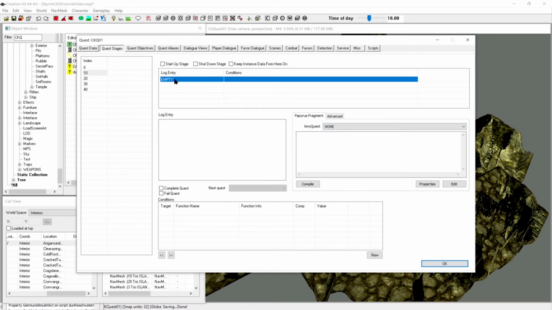But we don't want to leave this empty because we're going to have some instructions for the player. So log entries are the bits of text that appear when you look at the quest. You click the quest, you see in your list of quests Gellmar's Savior, which is what I called it originally, and at the top it'll show what you're doing. So here we're going to write the following: I've met Gellmar